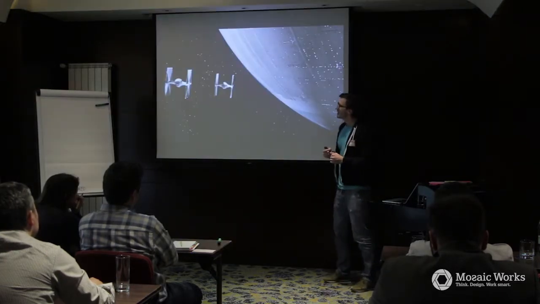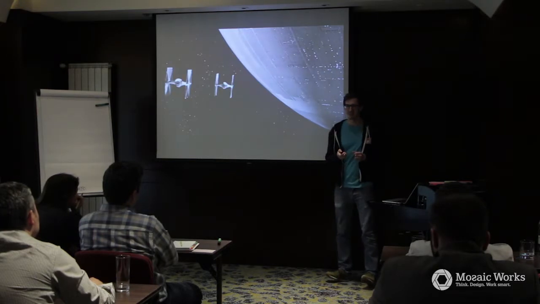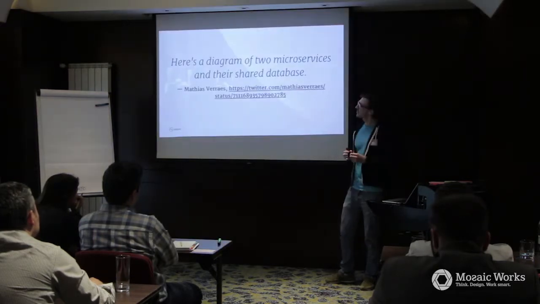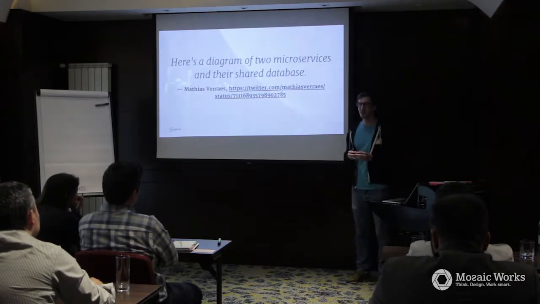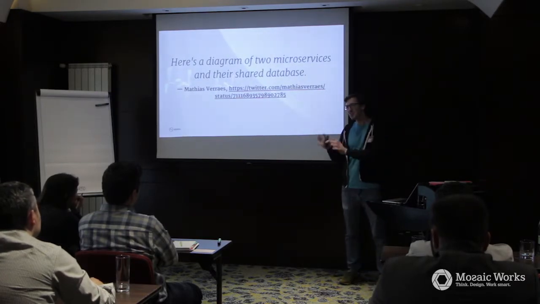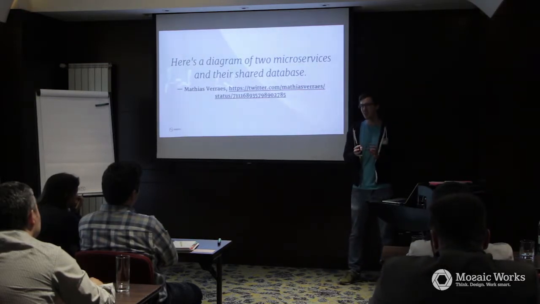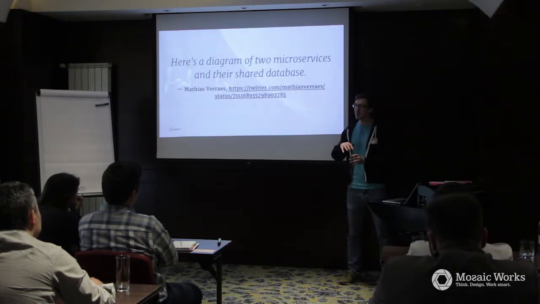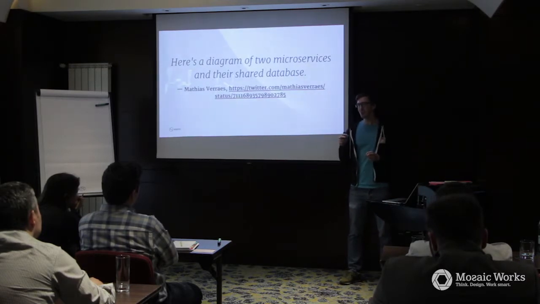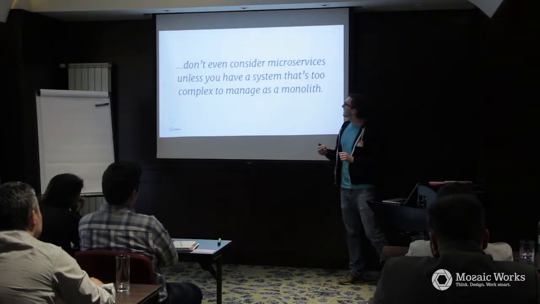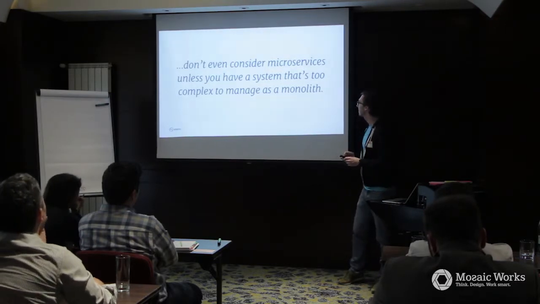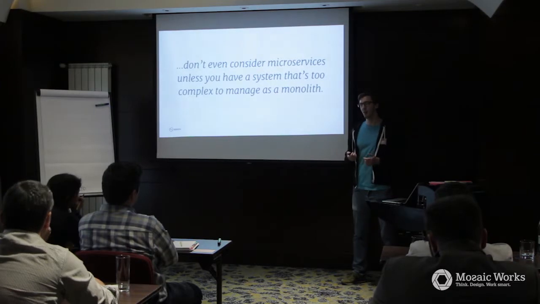Another thing, Star Wars. Any guesses what that could be? Yeah, those are two microservices and their shared database. So if you do something like that, you don't get a distributed system and you don't get the benefits of a distributed system if you still have something shared between them. So if you have this shared database and all your independent services use that shared database, if that database is going down, all your fancy little microservices will pretty much die with it. Pretty much like the fighter jets there. Some people are very cautious and say, you should not even consider building something complex as a microservice. Start off as a monolith.